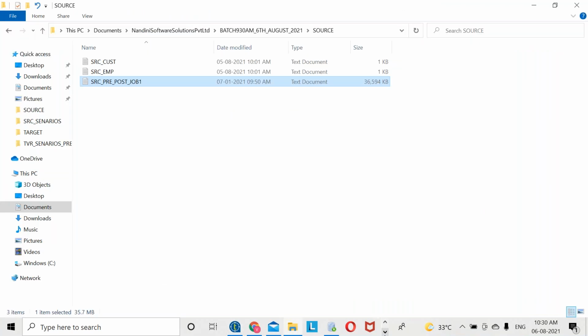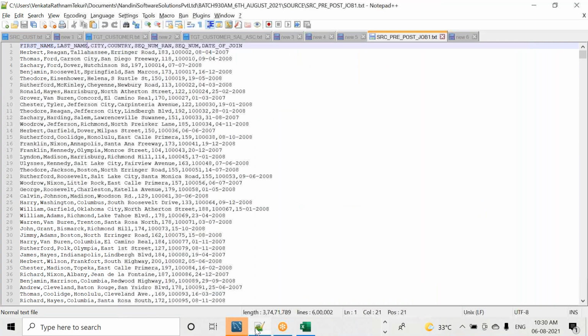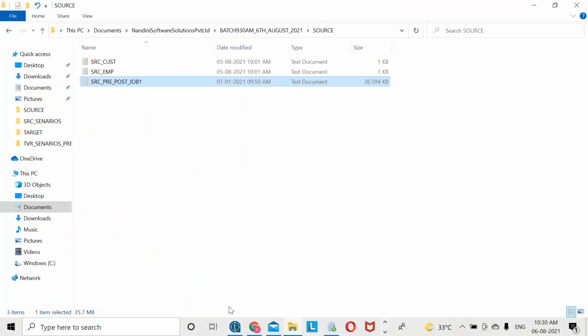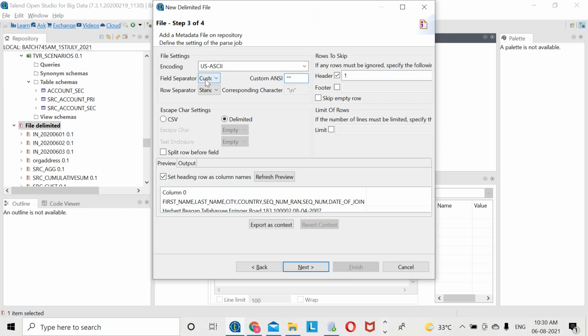Already I checked, but it will not work. One output is there, second. So it will come this way because the delimiter is comma, so I have to use the comma. If my source is coming with pipe, I have to use the pipe here. As you said, we have to use the custom ANSI. We have to use the pipe here.